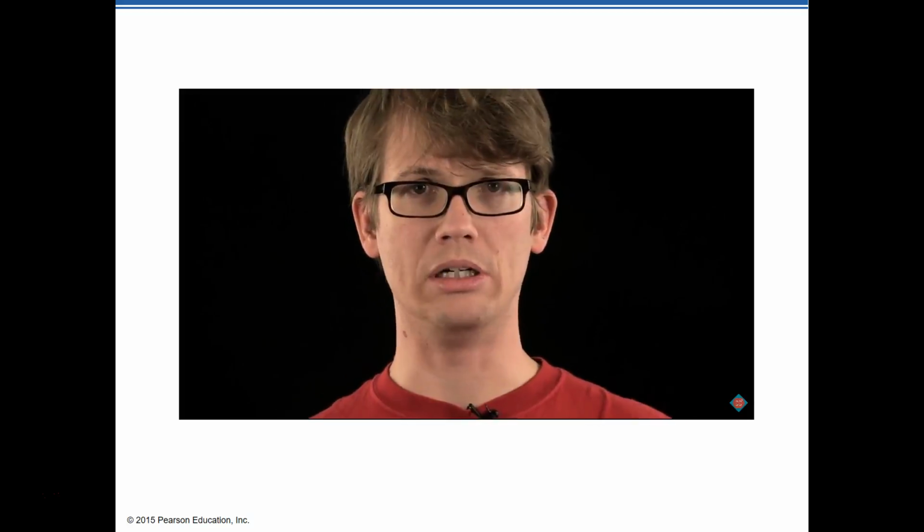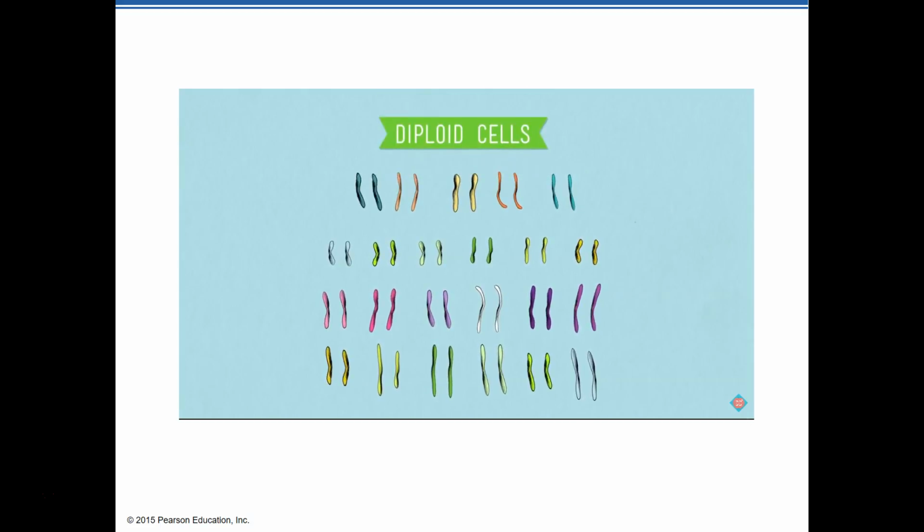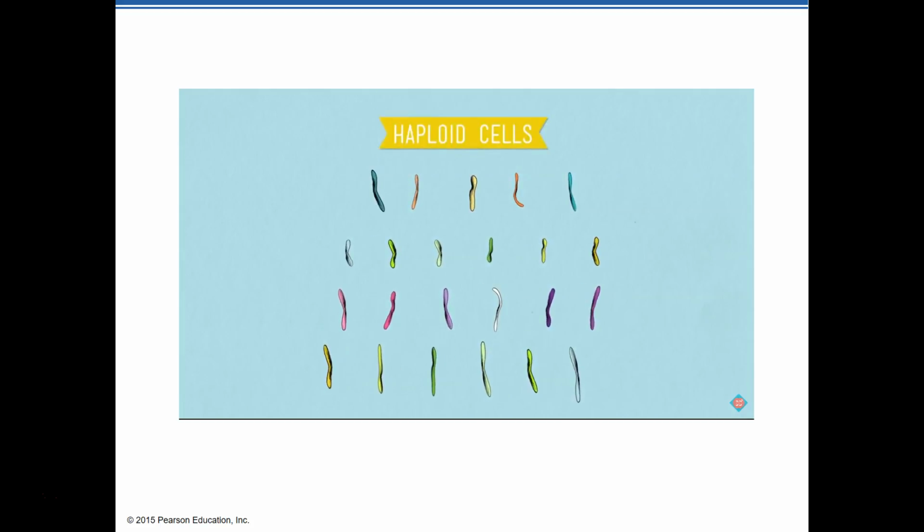So you are made of trillions of cells, just like giraffes and redwood trees. And remember that inside each cell, there's a nucleus that stores your DNA, which contains all of the instructions on how to build you. That DNA is organized into chromosomes, and as we've mentioned before, in your body cells or somatic cells, you have 46 chromosomes grouped into 23 pairs. One in each pair is from your mom, and the other one's from your dad. Cells with all 46 chromosomes are called diploid cells because they have 2 sets each, and that's what we're focusing on today. You also have haploid cells that have half as many chromosomes, 23, and those are your sex cells. They're produced in an equally fantastic process called meiosis, which we'll be talking about in the next episode.